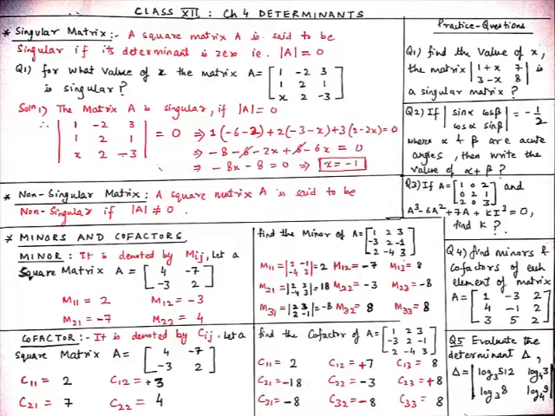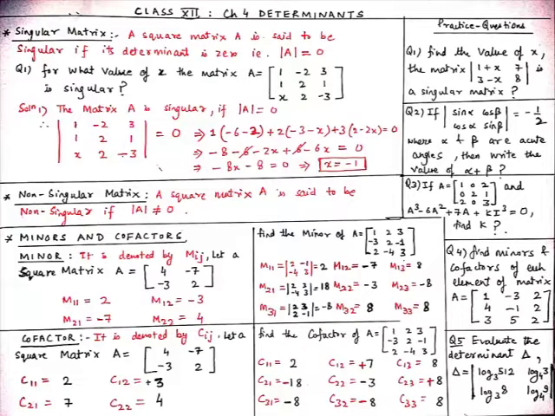Now again, here we will denote our minors by M11, M12, M13, M21, M22, M23, M31, M32, M33. So in our matrix A, there are 9 elements, so minors will also be equal to 9. Now to find M11 element, take A11 element, which is 1. And now hide row R1 and column C1 completely and find the determinant of the remaining elements, which are 2, minus 1, minus 4, 3. And find the determinant of these elements. We get 3 2s are 6, and then minus 4 into minus 1 means plus 4. So 6 minus 4 is 2.